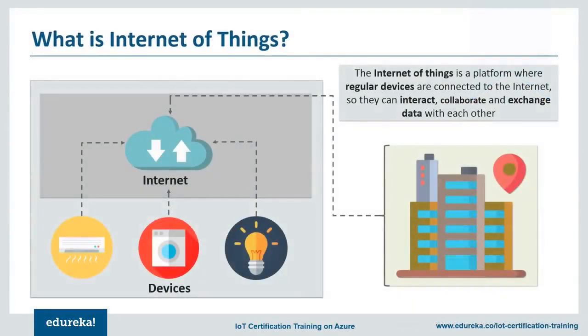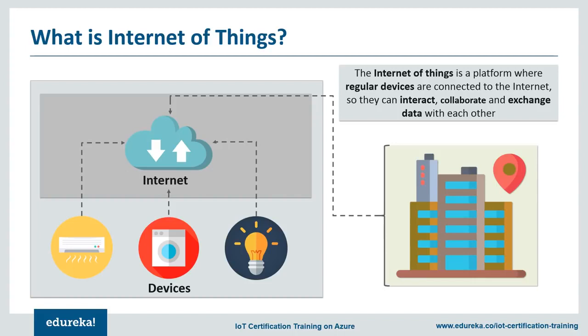Now, the term Internet of Things has two keywords, Internet and Things. Internet, as we all know, is a network of networks. It is a medium through which our devices connect, and the thing could literally be any object with intelligence to connect to the internet. Of course, by any object, I'm talking about an object embedded with software or electronics. These things could refer to way more than your traditional PCs, laptops, and smartphones. It could be your ACs, your coffee machines, your cars, and even entire cities. So IoT is basically a platform where everyday devices are connected to the internet so they can interact and exchange data with each other.